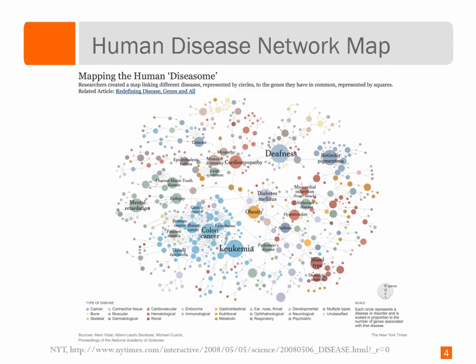Now we'll take a look at a little bit different example of a network diagram. It's a very good example, particularly of the utility of a network map and how useful it can be. In this particular case, this is a network diagram of different types of diseases. And the thing that's really cool about this network diagram is